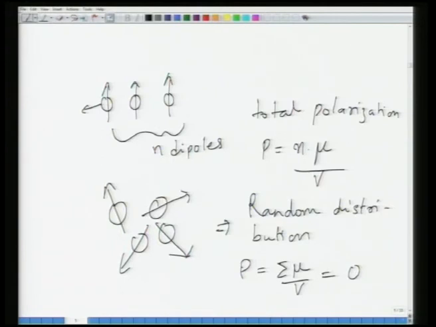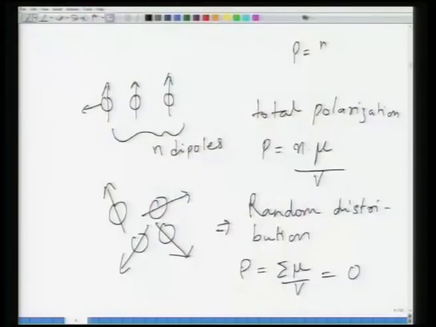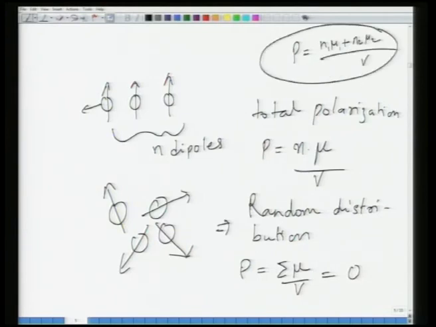Then we looked at, and of course, before we go further, we can say very clearly, when you have dipoles aligned in one direction, polarization is nothing but the sum of all the dipoles, or the dipole moment multiplied by the number of dipoles over the whole volume. If the dipole strength was different, then P is equal to N1 mu 1 plus N2 mu 2 etc. divided by the whole volume. This would be the case if the dipole strengths were different in different parts of the crystal, but if you have a random distribution of dipoles, then polarization is likely to be equal to 0.